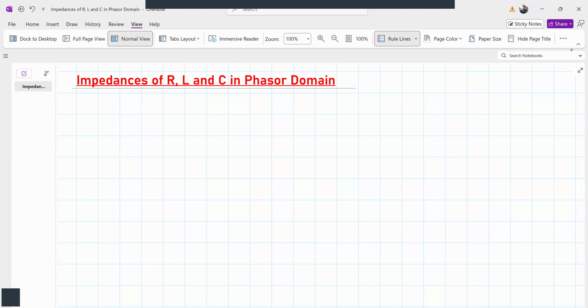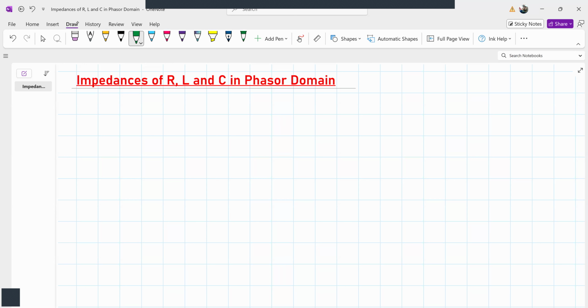Welcome. In this session, we'll learn how we represent R and C in the phasor domain. Okay, let's start with the resistor R. Let's start with resistance. Okay, so let's suppose